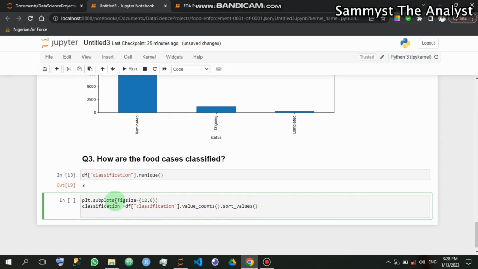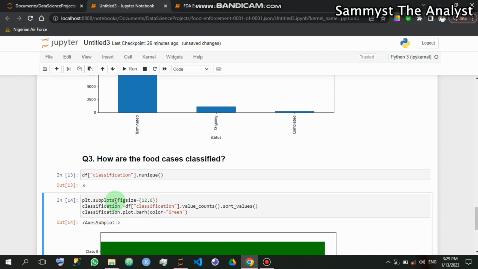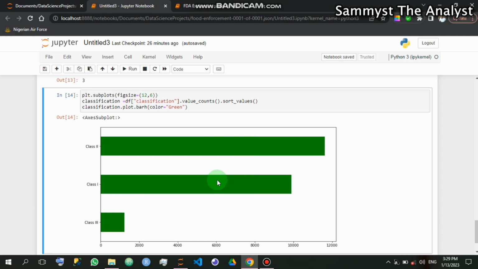And then apart from that too, I want the classification to plot it with the color green. So let's run this. Okay, so you can see